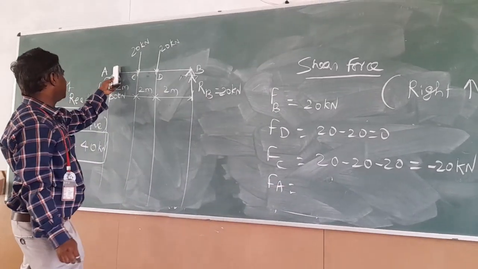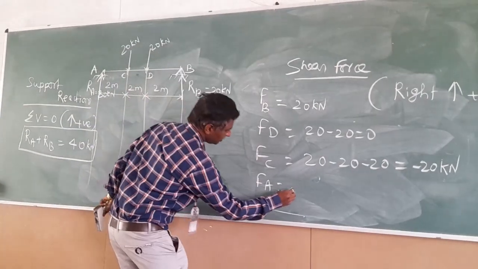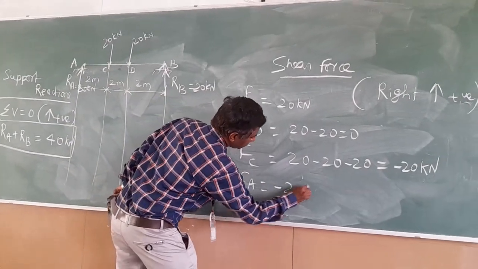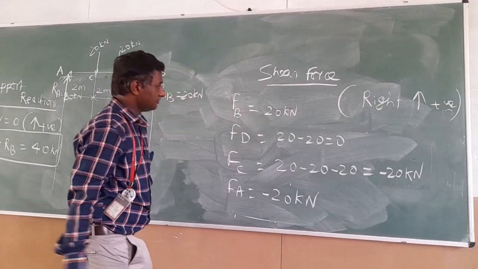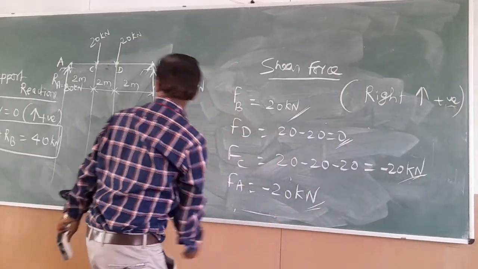Cancel the left side, so left up is negative. So that is equal to 20 kilonewton, left up is negative, 5 minus 20 kilonewton. So the values are found out. So in shear force,